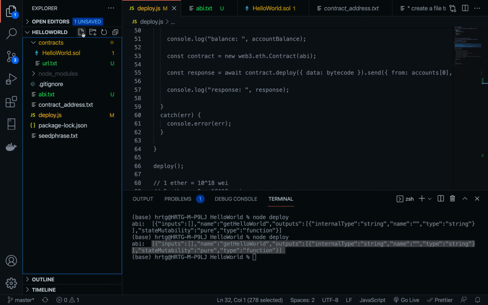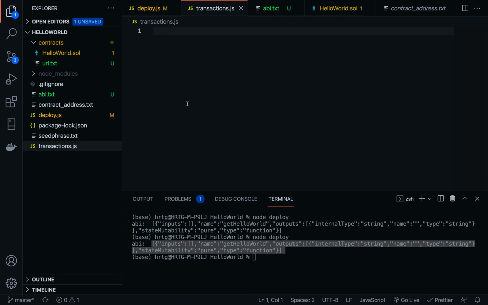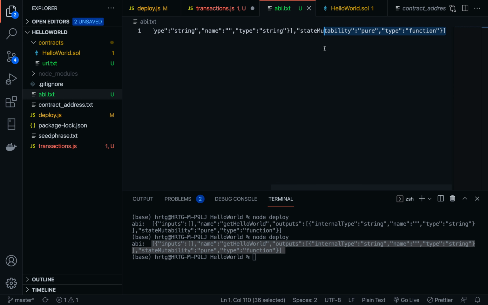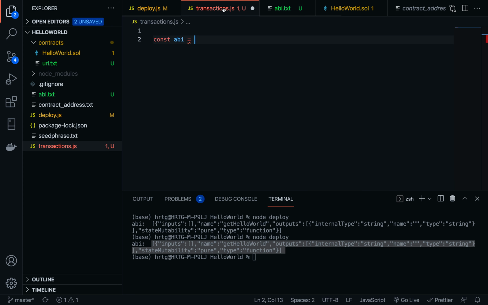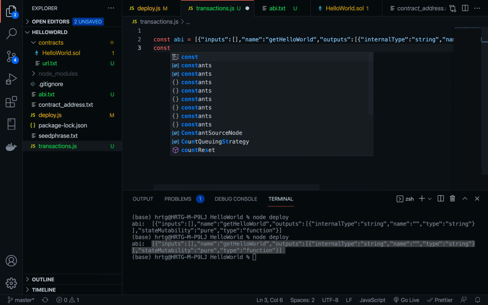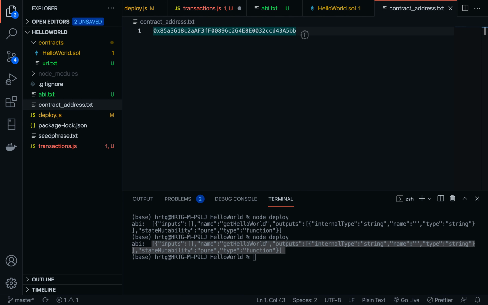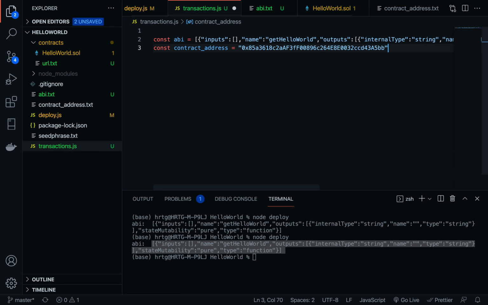Next, I'm going to create a file called transactions.js. Here I'm going to create a variable called ABI, copy the abi.txt file content, and paste it here. Perfect. And next I'm going to create another variable called contract address. For this I'm going back to the contract address.txt file, and I'm going to copy this string and paste it here. Okay,